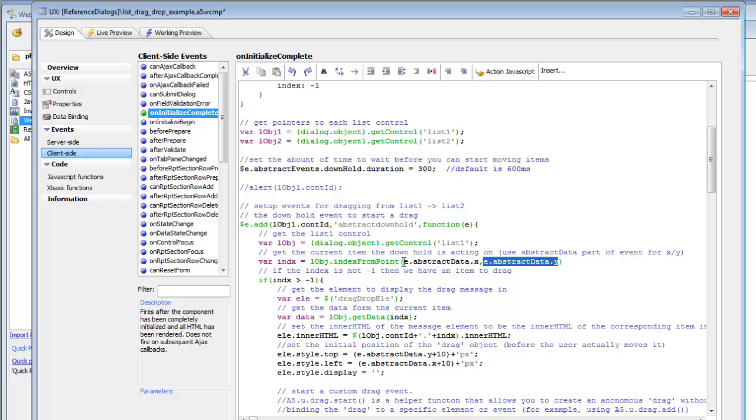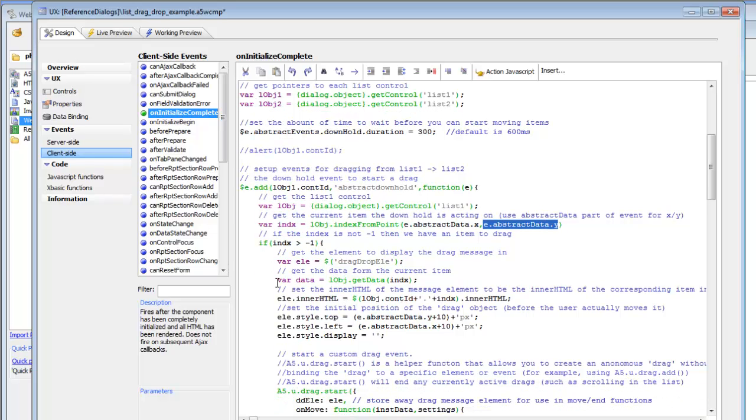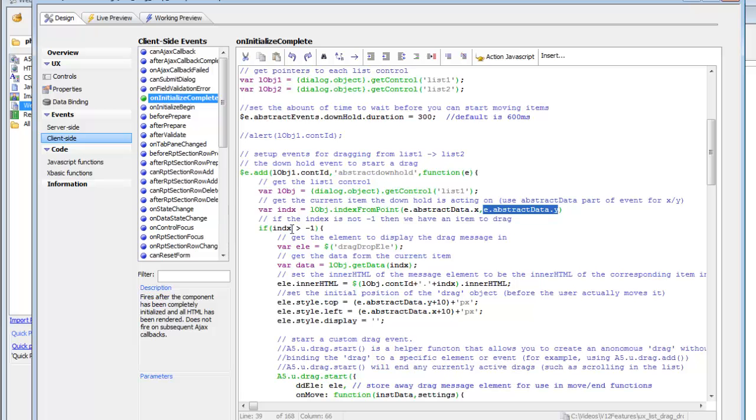e.abstractData.x and e.abstractData.y are two properties that are inside this E object. So this gives us the row number, and remember, this is a zero-based row number. So if the row number is greater than -1, then that means that we pressed and held on a real row, and not say the list header or the list footer or something like that. So once we know that we've been pressing on a real row, so the index is greater than 0,